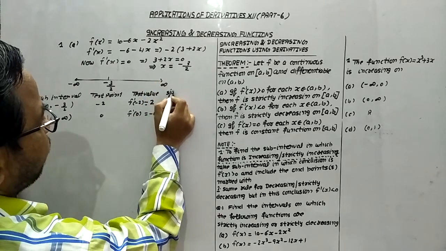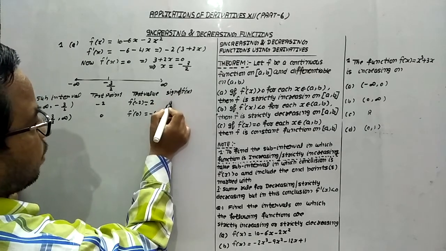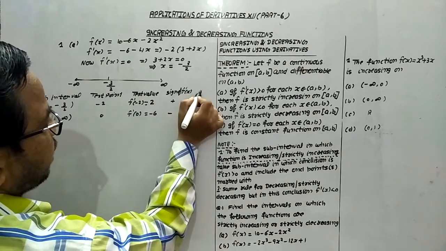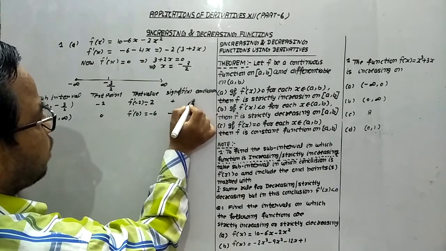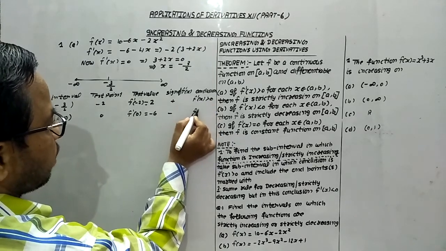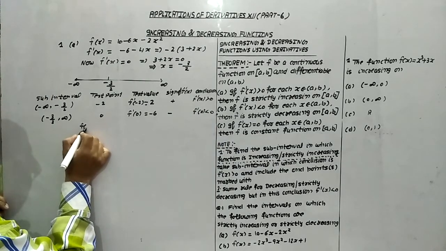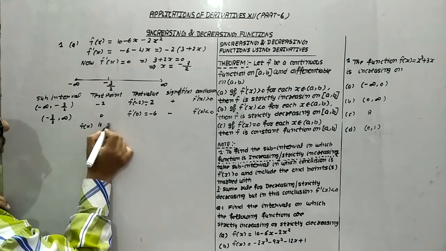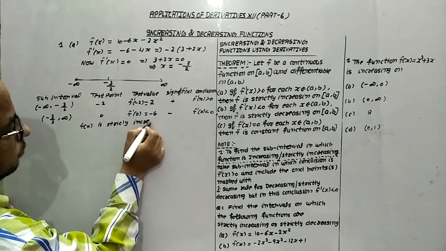Now the sign of f dash x, we are observing the sign of f dash x here. This is positive, this is negative. Here we will find out the conclusion. Now in conclusion, we are observing f dash x is greater than 0 and here f dash x is less than 0. So we will say f(x) is strictly increasing on